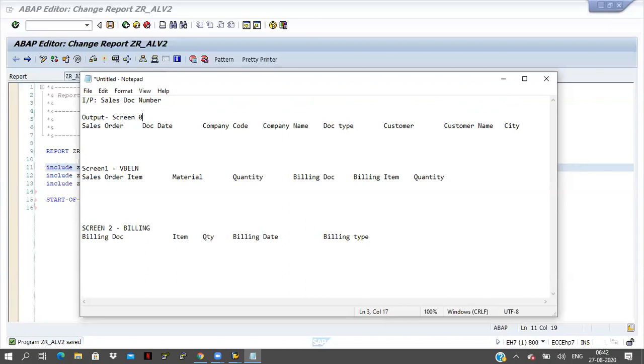Screen 0 means the basic screen. This is the first secondary screen, a secondary screen. So how can we do this now? First of all, I will concentrate on the first main screen, screen 0. Sales order number, document date, company code: these are the header information.